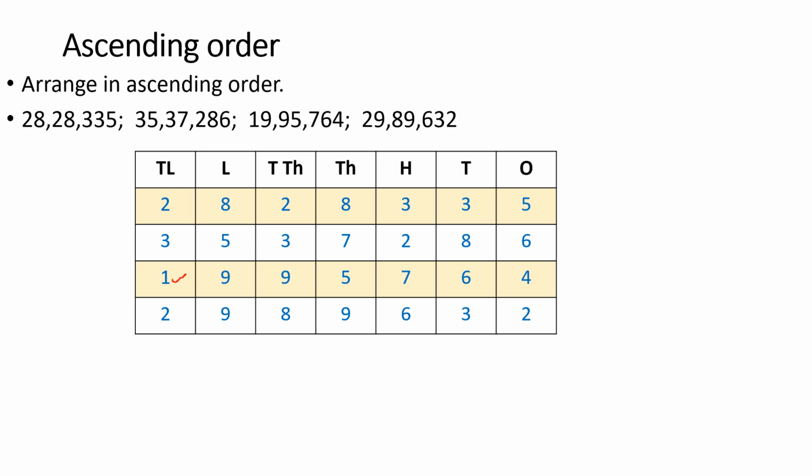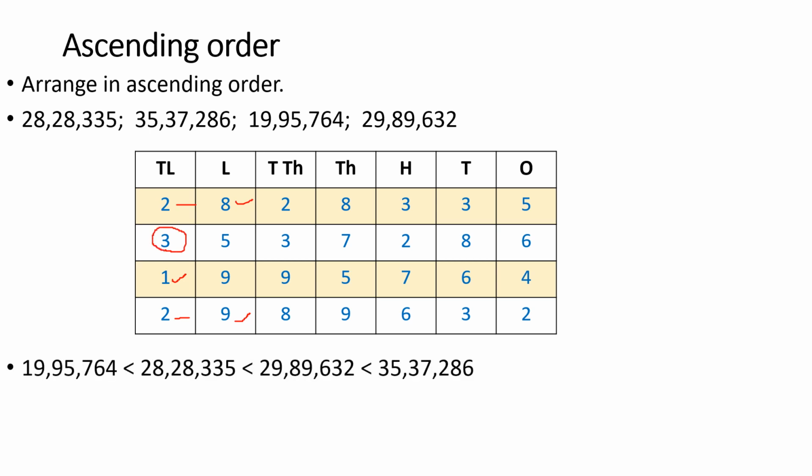Then after this, just see here, there are 2 among these. So which one will come now? Because 2 is same in both the numerals, so we will compare from here. 2 is same, so that's why we will compare from here. 8 and 9. Which one is the smaller? Definitely 8. It means this numeral will come. Now at last here, then this numeral, and then at last we will see this one is the largest one. So this will come at the last.